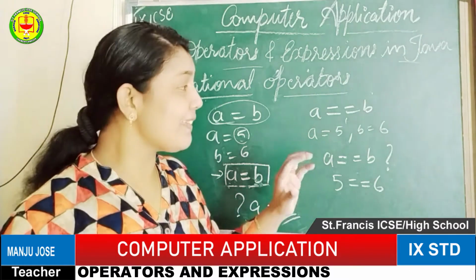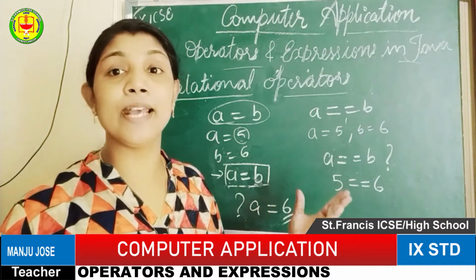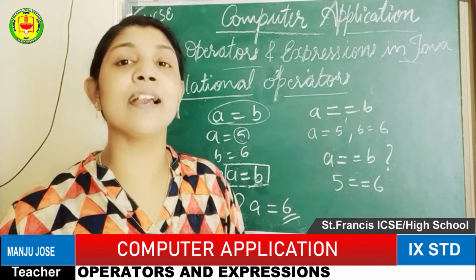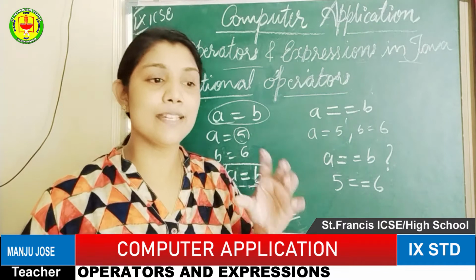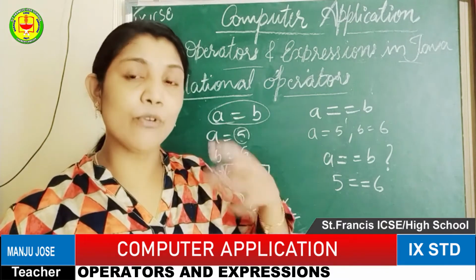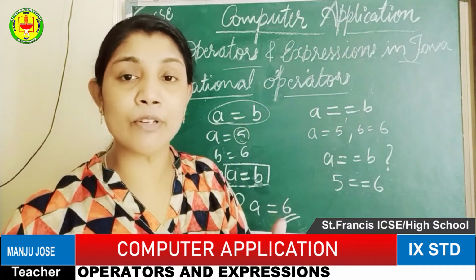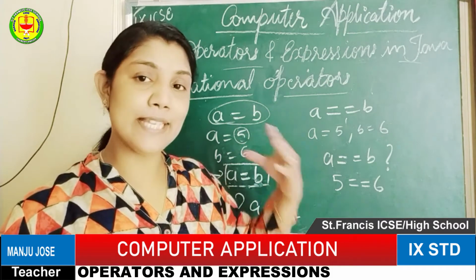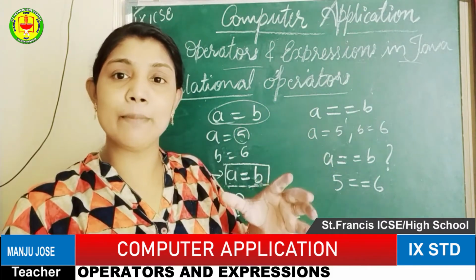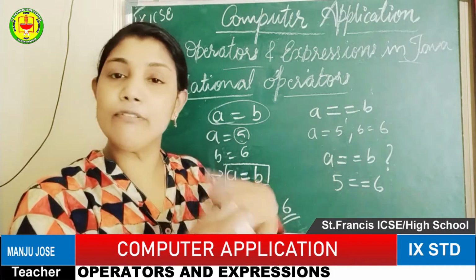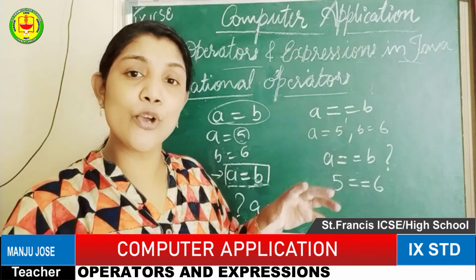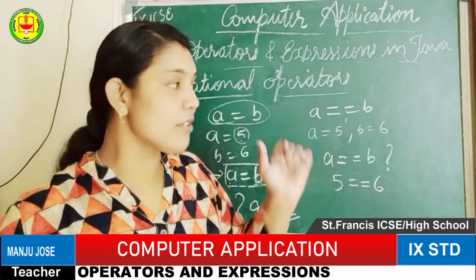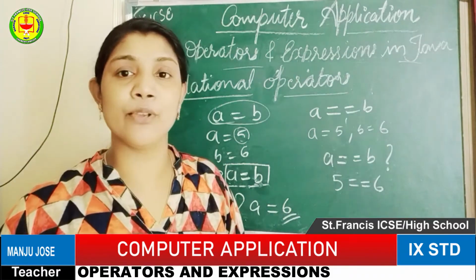Like that, for comparisons we use the double equal to, or to check certain conditions. Condition means some kind of question. After evaluating the given question, we get two answers: either yes or no. If it is yes, the group of statements in the yes section will be executed. If it is no, the group of negative statements will be executed. That belongs to the programming section, and you can understand it a little more later.